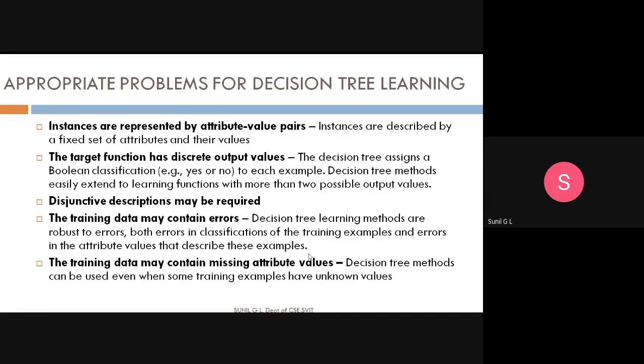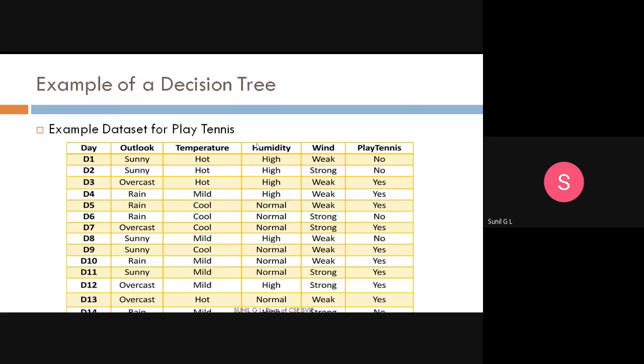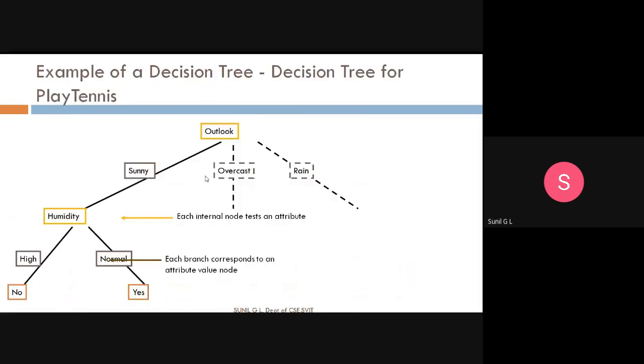Also, some training data may contain missing attribute values. When you are constructing a decision tree, some values may be missing. For example, for temperature, the hot value is missing. Then what will you do? That is unknown, and at that time it is very difficult to construct a decision tree.